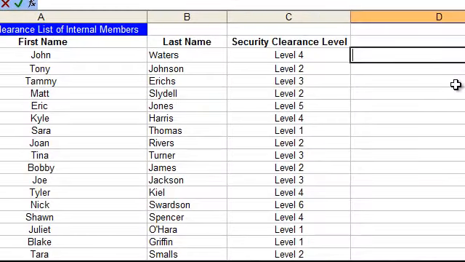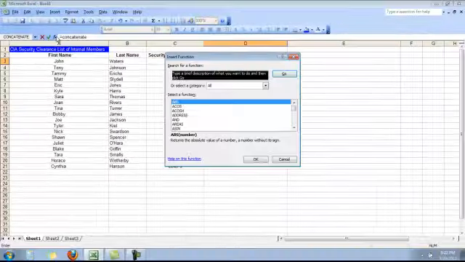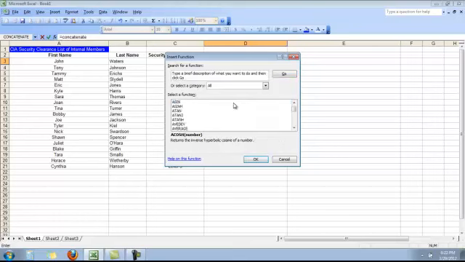To begin your concatenate function, you'll type equals like any other function to begin the function, and you'll type concatenate. Now if you're having trouble spelling concatenate, you can go up to your function bar and find concatenate from the list in there, and that will begin your function. And it's right there. As I said, we will begin by typing equals and then concatenate